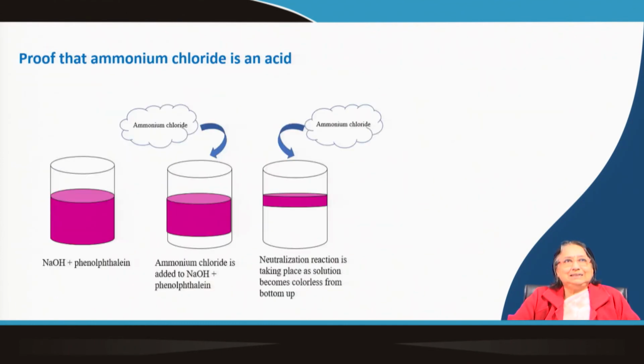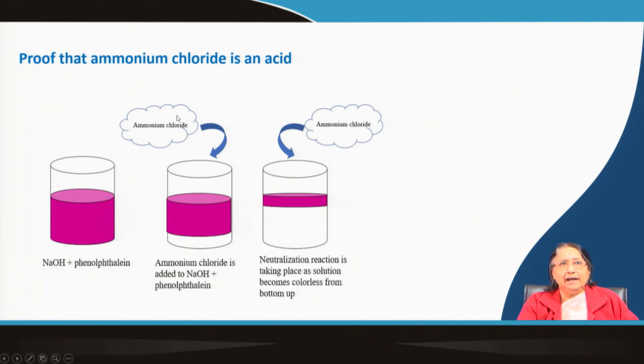Now, here is one interesting slide I have given to show you the color of phenolphthalein. This is the NaOH solution, and phenolphthalein you have added. So, it is a very dark pink color. Depending on the volume or concentration of phenolphthalein, you may get either a very dark pink color or a light pink color. Here quite a few drops of phenolphthalein have been added, that is why it is dark color.